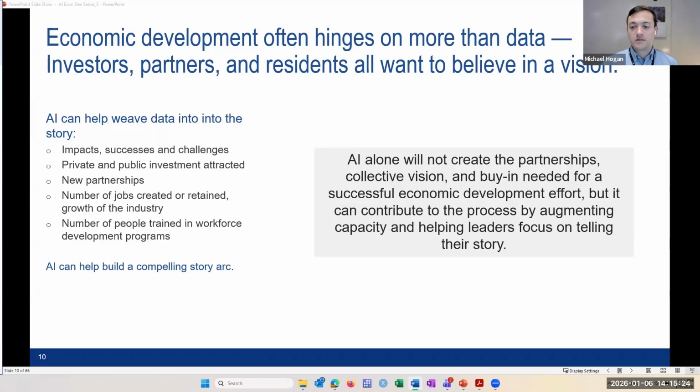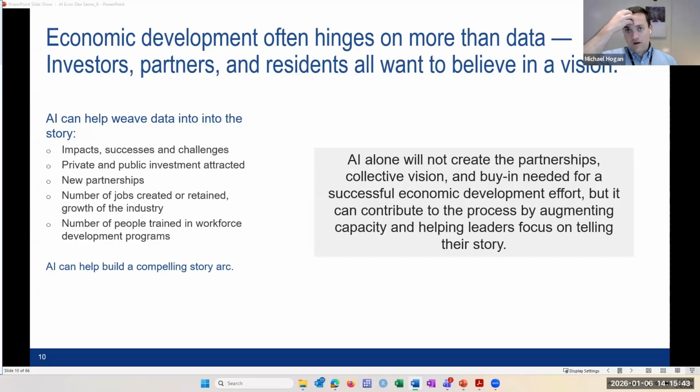It can contribute to the process by augmenting capacity, helping those leaders focus on their core roles and telling their story. But in the end, economic development comes down to getting buy-in from members of the community and building those coalitions to do the work.